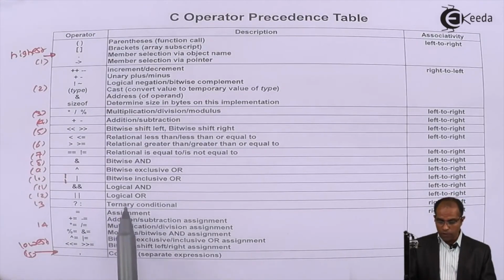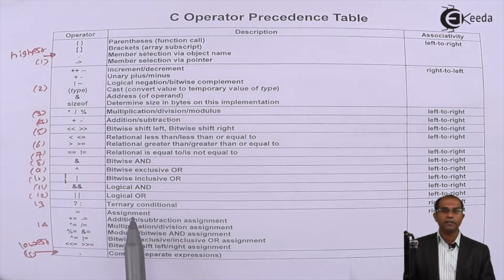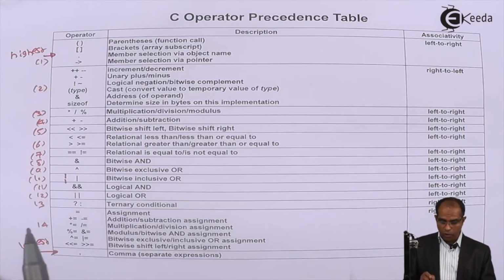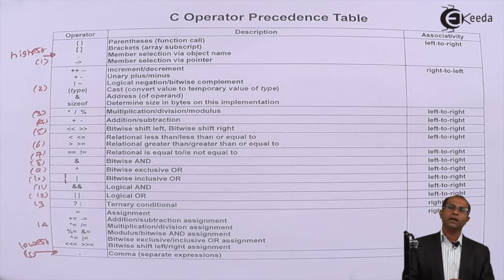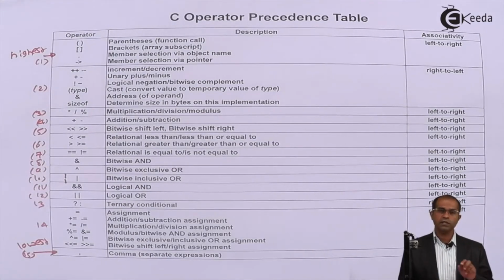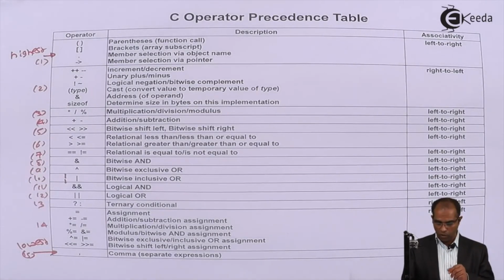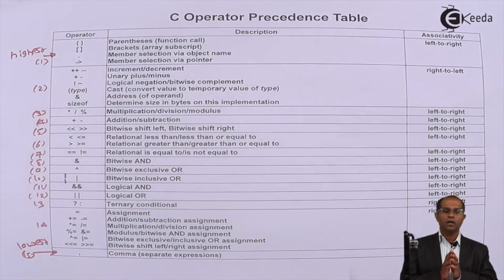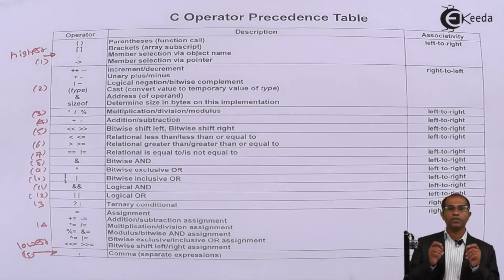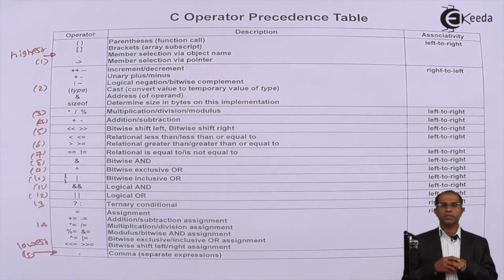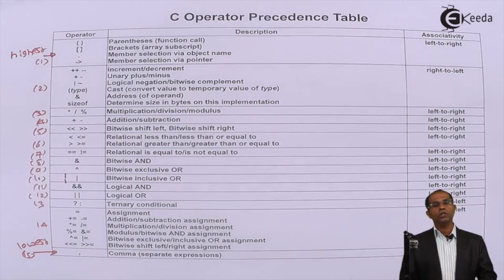The ternary operator, which uses three operands, the conditional operator, enjoys the 13th highest priority. The last two sections are associated with the assignment operators. All the assignment operators, like the compound assignment operators or the compound bitwise assignment operators, enjoy the second last priority. And the last operator in this sequence is the comma operator, which is used to merge two arithmetic expressions. Whenever we want to merge two arithmetic expressions, we have to use this comma operator.